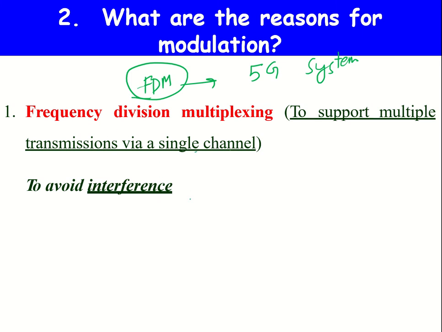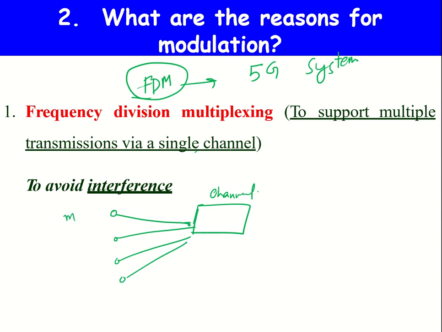What does this mean? You have only one channel, and you want to transmit multiple messages: message 1, message 2, message 3 and message 4. You have only one channel. So now